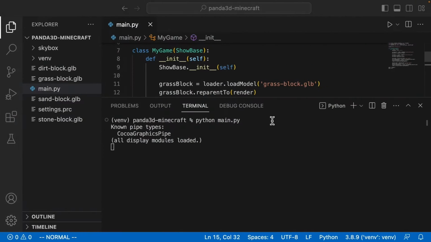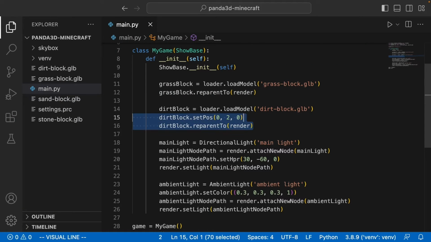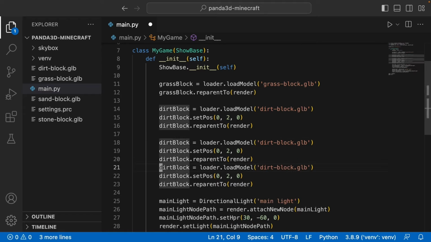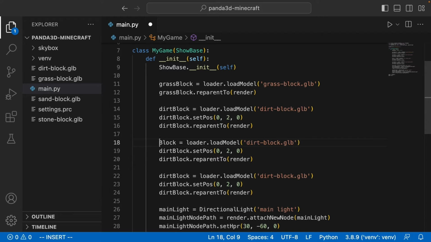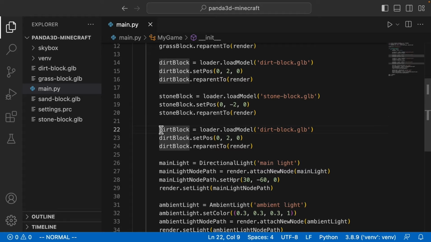Let's do the same thing with our other block types. I'm just gonna copy the dirt block code here and paste it 2 more times. And for the next one, we'll load our stone block, and we'll say loader.loadModel stoneblock.glb, and we'll put this one at 0, -2, 0, right? So that's gonna move it in the other direction down the y-axis. And then we'll say stoneblock.setPosition and stoneblock.reparentTo. And then for our sand block here, we'll say sandblock equals loader.loadModel, change that file name again, and